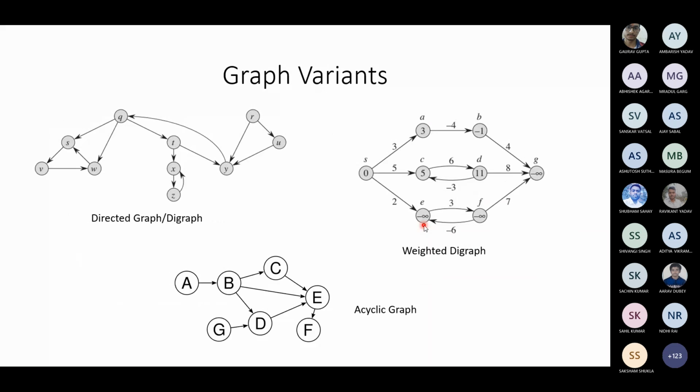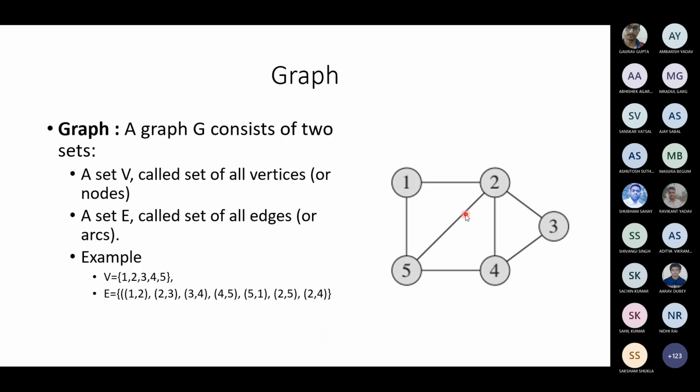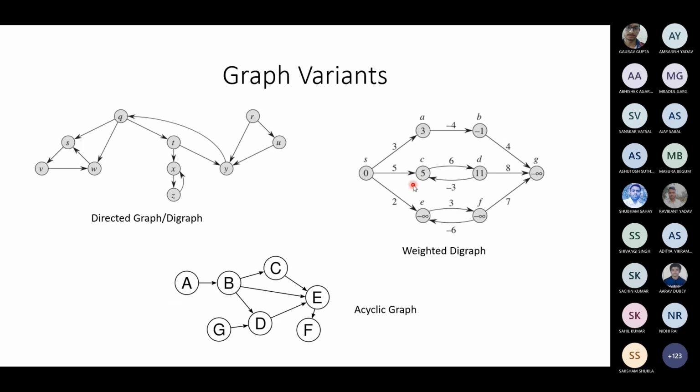Okay, so we have different graphs. We can call that a directed graph or a digraph. This graph is a normal graph, an undirected graph. There are no directions, which means one can go to 2 or 2 can go to 1, which is not mentioned clearly. But in a directed graph or digraph, there will be arrows. So S can go to V, but V cannot come to S. If V has to come to S, it should go to W.